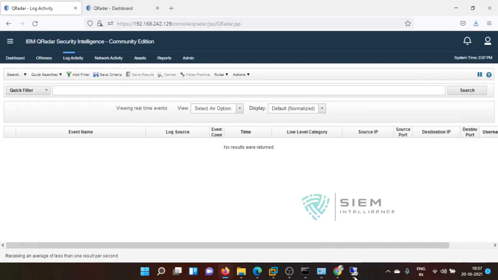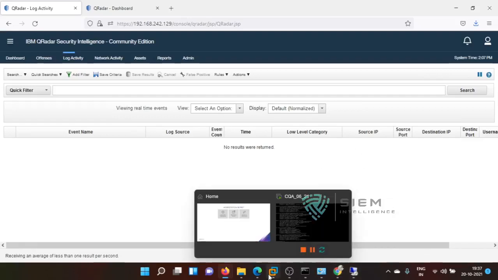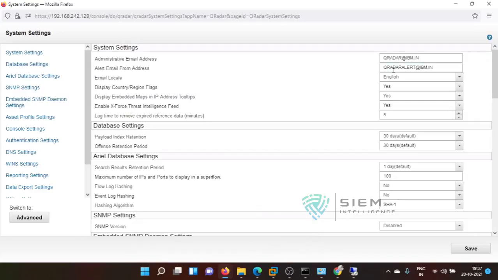The flags are defined over here only. If you select yes for display country region flags, it will show that flag along with the IP. This may be of India, that may be of Europe, UK, US and all. And display embedded maps.